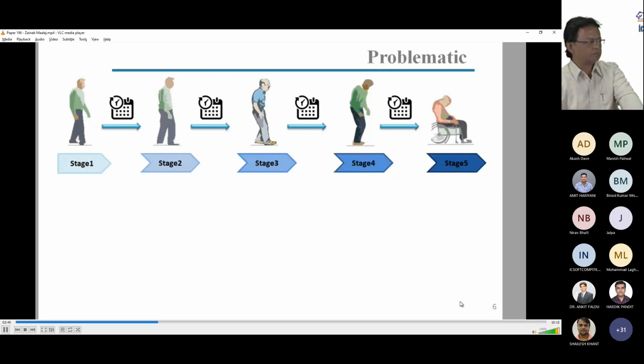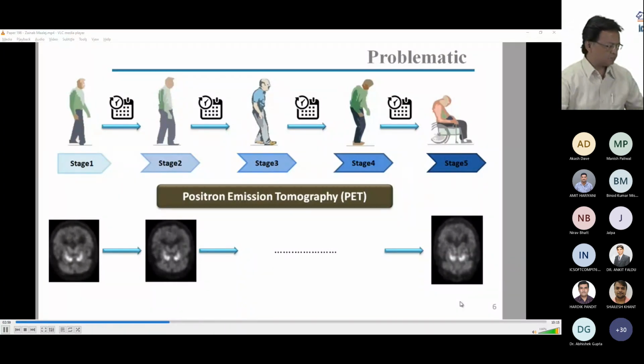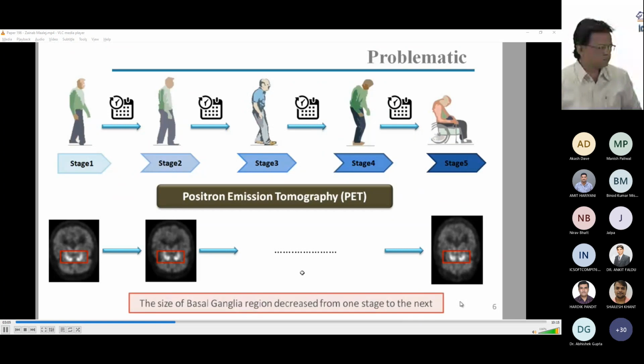In order to make an accurate diagnosis, physicians analyze and process medical images called positron emission tomography, also called PET scans, that proved its success in detecting the dopaminergic dysfunction in Parkinson's disease. As this disease progresses over time, a volume decrease of this region called basal ganglia will be visualized in PET images. Consequently, focusing on the size of this region, physicians can confirm or decline the Parkinson's disease evolution in a